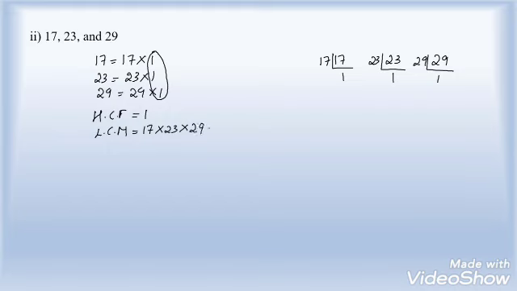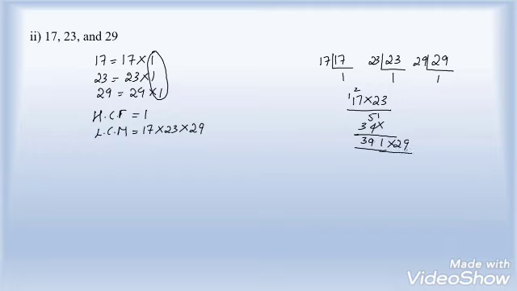So let us multiply 17 into 23 first and find the result. 7 threes are 21, 3 ones are 3 plus 2 it is 5. Into 7 twos are 14, again carry 1, so 2 ones are 2 plus 1 is 3. So adding, you get 1 here, 5 plus 4 is 9 and 3. So 391 into, again we have to multiply 29.